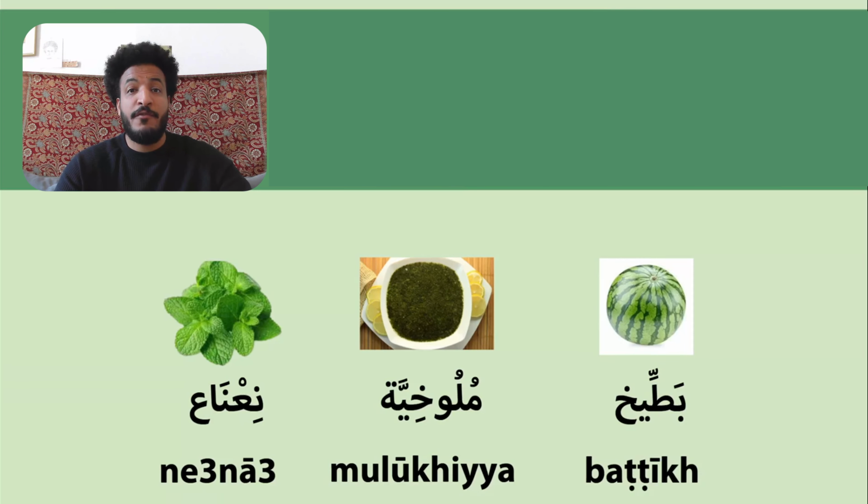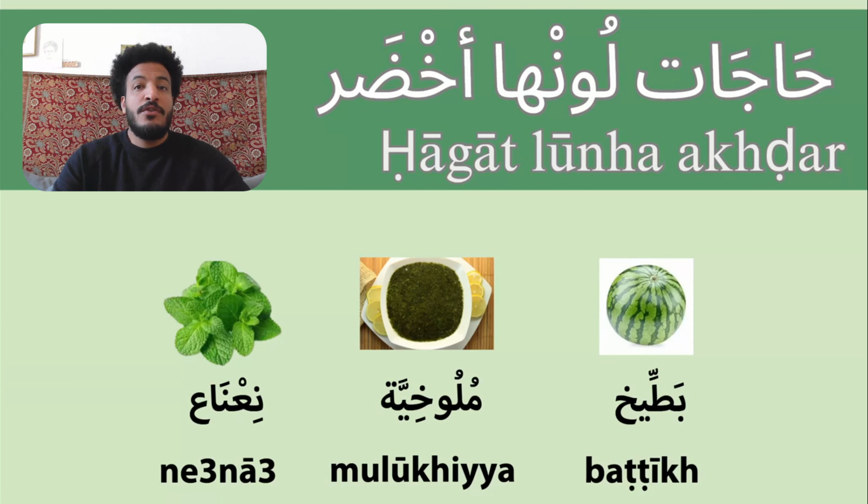The next one we have here for the color green is the very famous Egyptian soup and the Middle Eastern soup. I'm not claiming it for Egypt. I know we're all arguing and fighting about who owns the rights to ملوخية, but I guess we can just call it ours. So ملوخية, if you go to Egypt, is something that I really recommend that you try. Not everybody loves it right away, but if you like it, you love it. And I can tell you that most Egyptians, if you ask them what their top 5 foods are, will rank ملوخية in the top 5 things they love to eat.